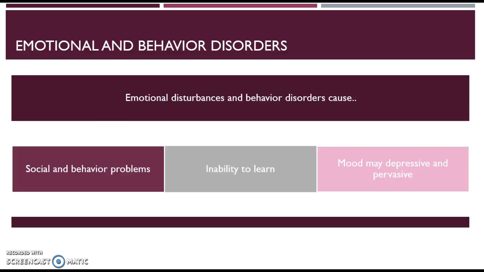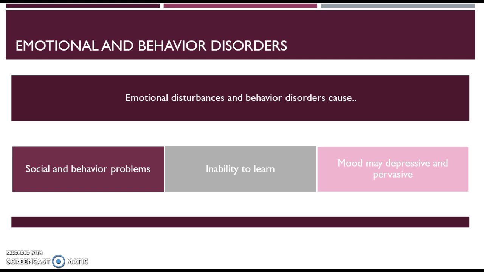And then the next one is going to be emotional and behavior disorders. This is also known as emotional disturbances, which is what the IDEA categorizes it as. And these are students that cannot build relationships, they cannot learn, even with intellectual, sensory, and health factors that don't explain why. They have behavior problems and tend to be depressed. They just prevent them from succeeding in school.